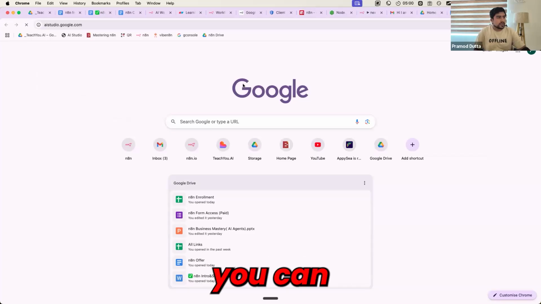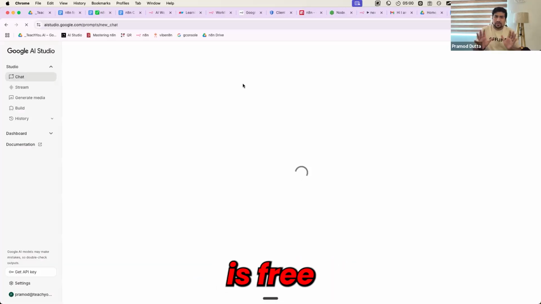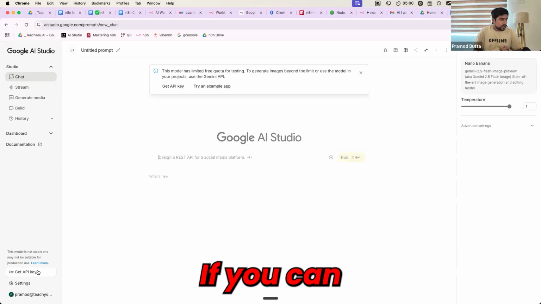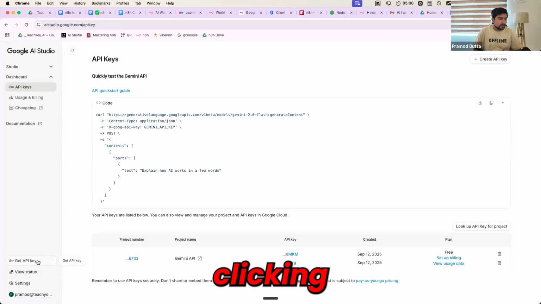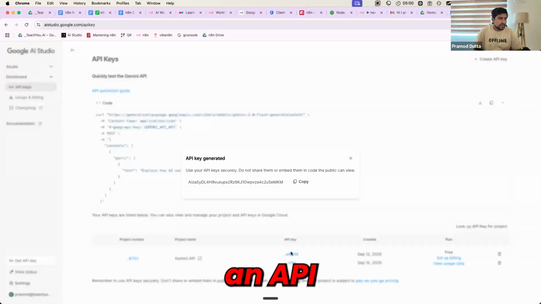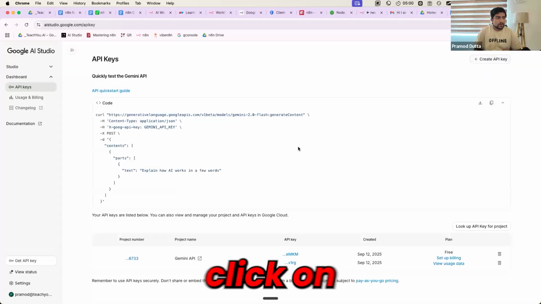Go to aistudio.google.com. This is where you can get a Gemini credential. Gemini is free to use as of now. You can directly get an API key by clicking on this button. Everyone, there is an API key already available, and you can use it directly. There is also a create button directly. If you click on the create button,